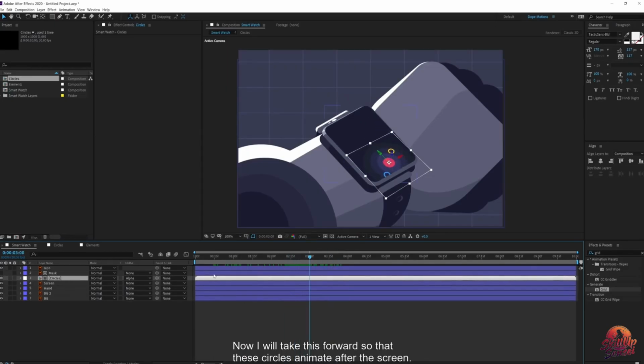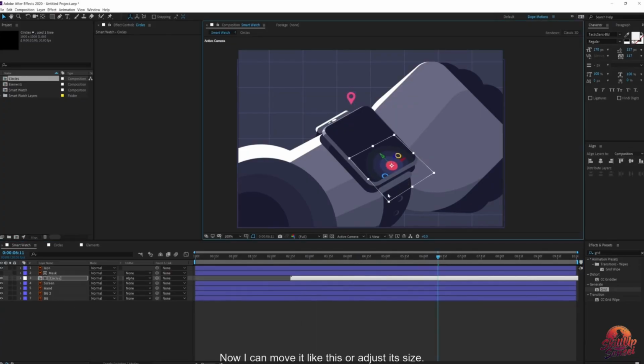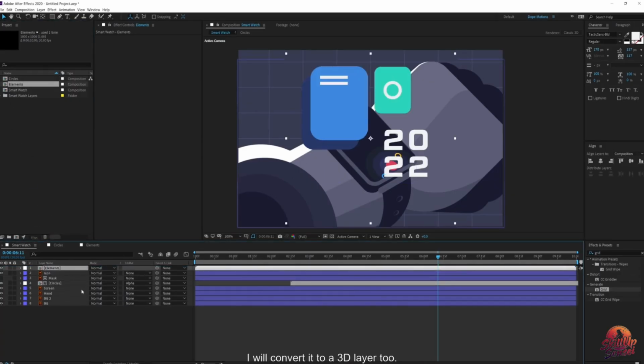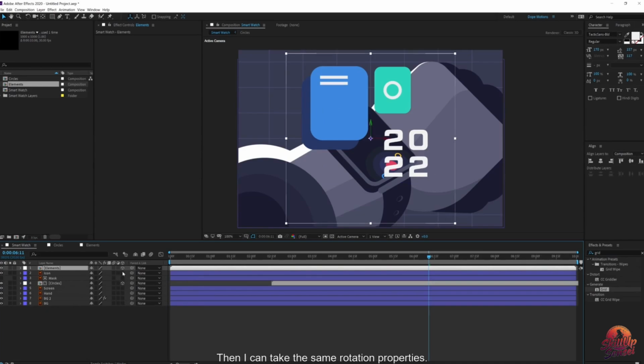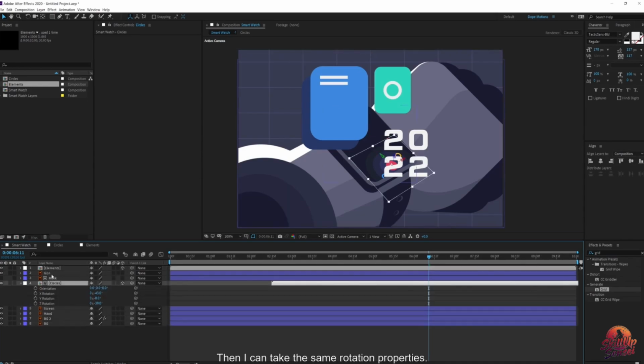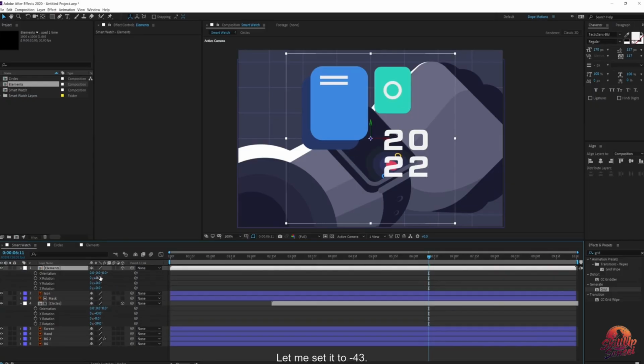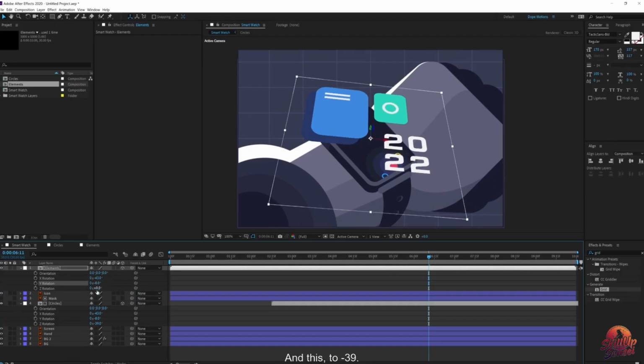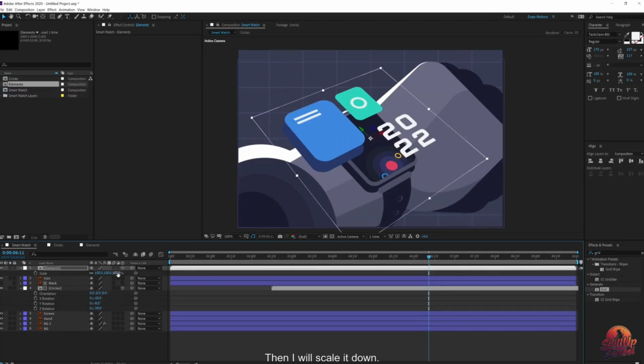I'll move this a bit forward so that the screen animation can operate as needed, big or small. Then, we'll animate the elements comp. And I'll also convert it into a 3D layer. And if I want, I can use the same rotation property from the action. I'll set it to -43, then set it to -8, and then to -39. Okay, perfect. Then I'll scale it down like